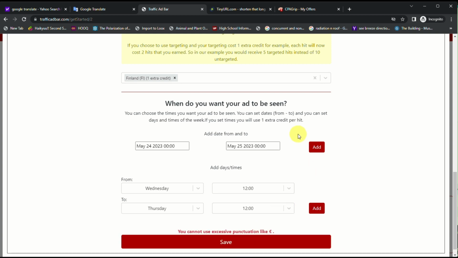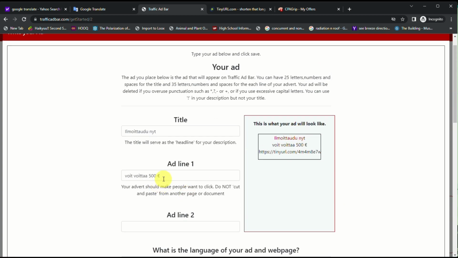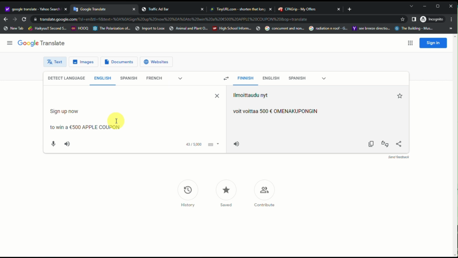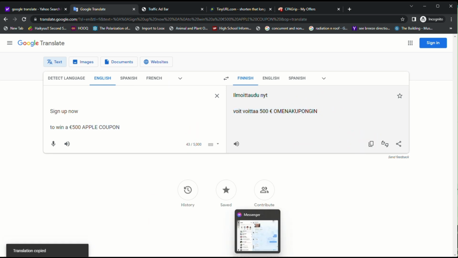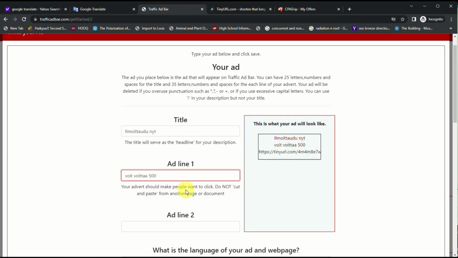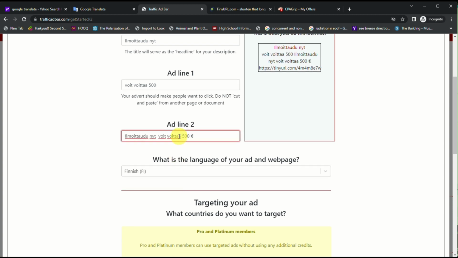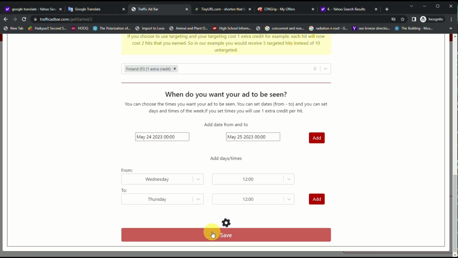So here let's go back to the ad details, just to make sure that you will not be using any symbols. You should only use text and numbers here, since it will not let us go through if there's an exclamation mark, a period, a comma, or any currency symbol. So once you have that ready, you can just click go and next, and then you will be routed to this page,